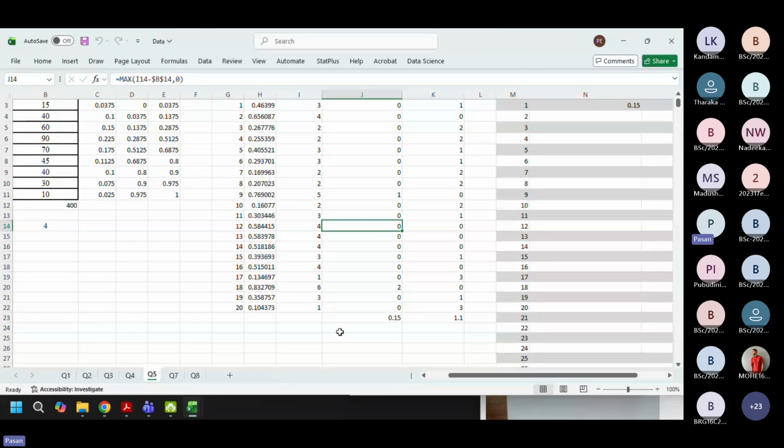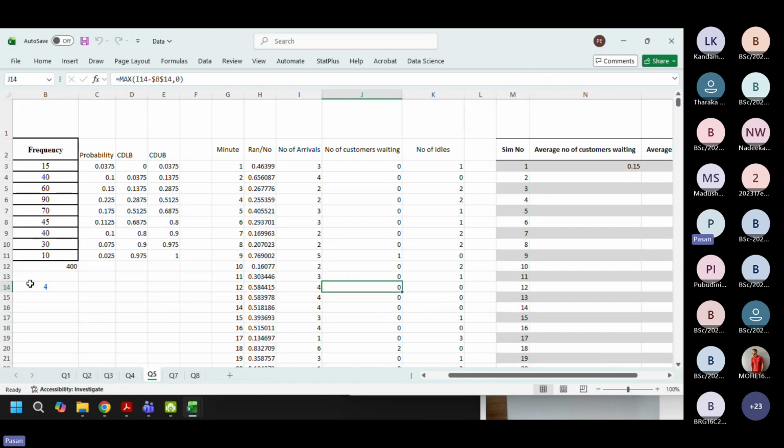In this case, of course, it seems like we don't need to increase the number of servers up to 5, right? So a service rate of 4 is enough in this case, I think. But in general, if you want to increase that, then definitely you have to increase the number of